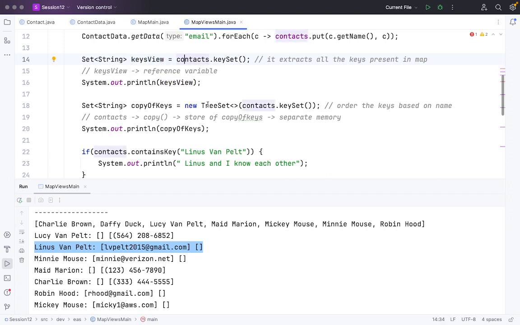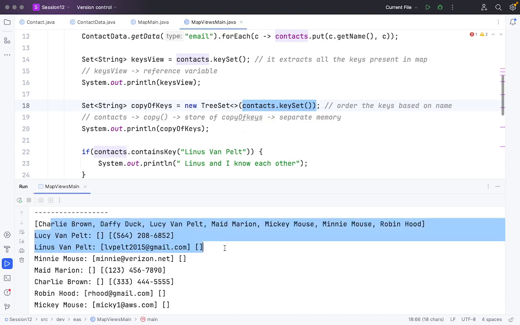But here I created a new tree set. Here I haven't created anything using the new keyword, I haven't used that. Here I created a new tree set using the new keyword, so memory has been allocated, and all this value has been stored in that particular tree set. That's why even though I have changed it in that set,